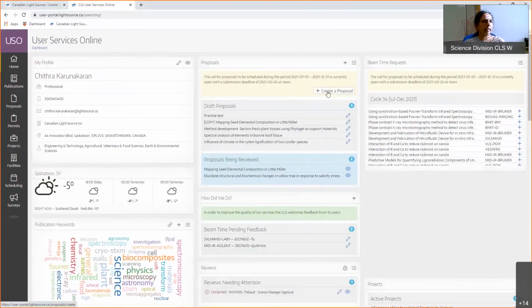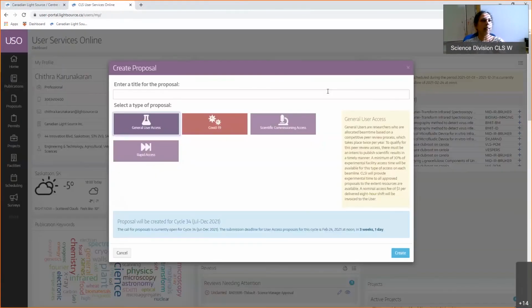So I click create a new proposal. All of you who want to submit a new proposal will do create a proposal, and you are going to submit a general user access proposal. All the users will do these two, except if you are working on a COVID proposal, but you are going to write a general user access proposal, right?